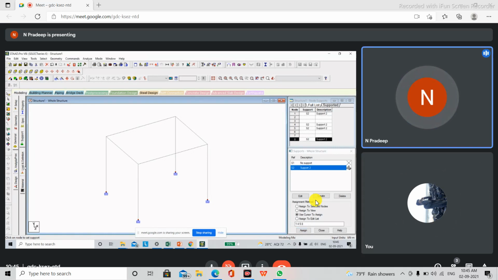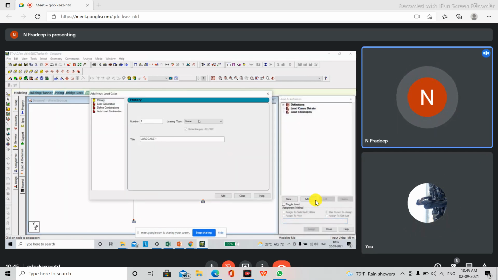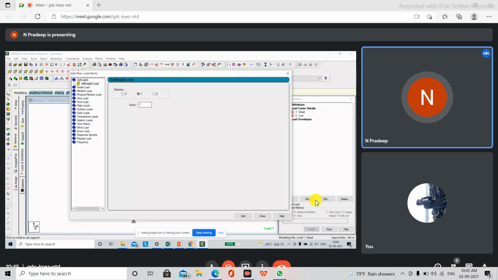Now when we come to the loads part, like I said that day, first we have to mandatorily add the categories of load that are going to act here. I'll name it dead load, add, and then again you will add a new type of load, live, that is live load. I'll give the title as live. Click on add here. Once that is done, in the dead load category, you will add the self weight for the structure. First and foremost thing is to add the self weight for the structure. Then click on add here.